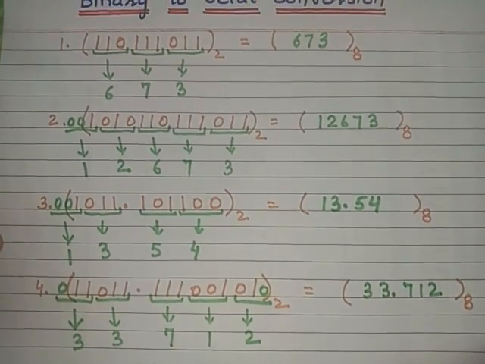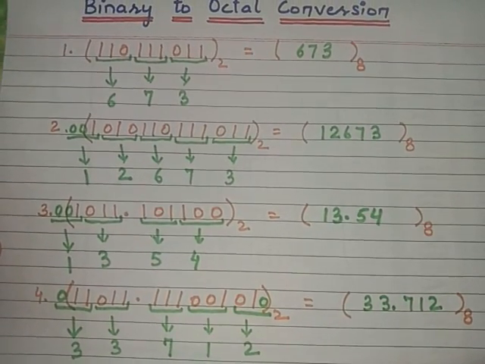So here you can see how easy it is to convert binary numbers to octal numbers using that direct table, and the conversion is quite simple and easy. I have also explained the other conversions, from binary to other number systems and from other number systems to binary, octal and hexadecimal, and you can check the videos and go through the link given in the description box.